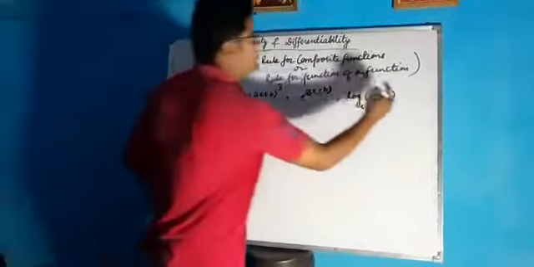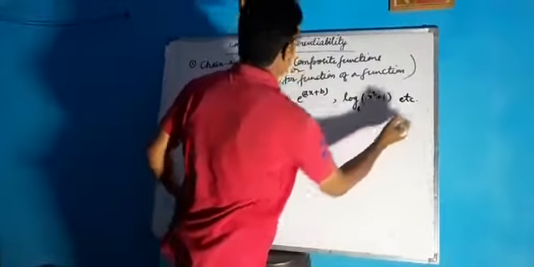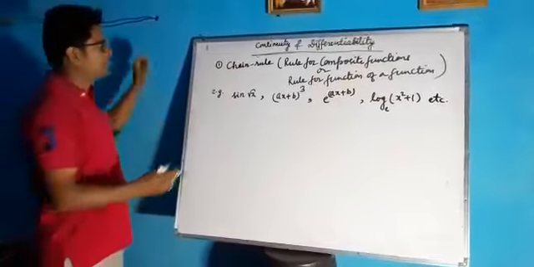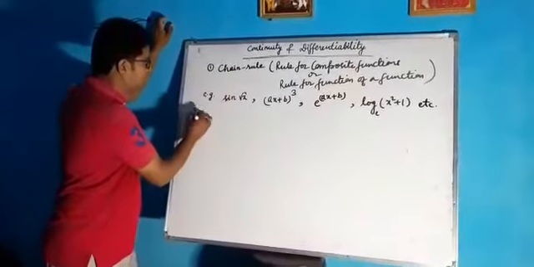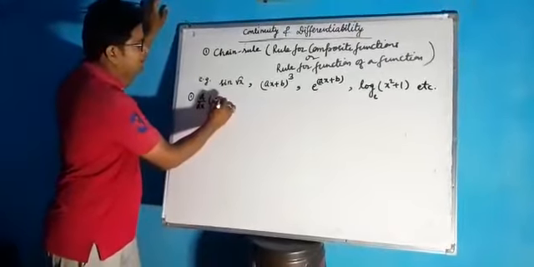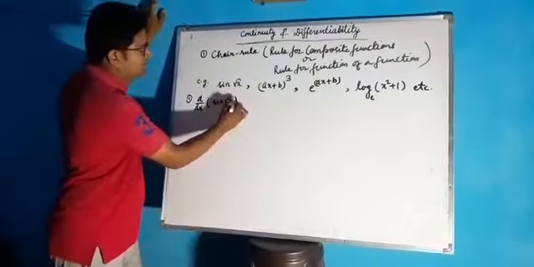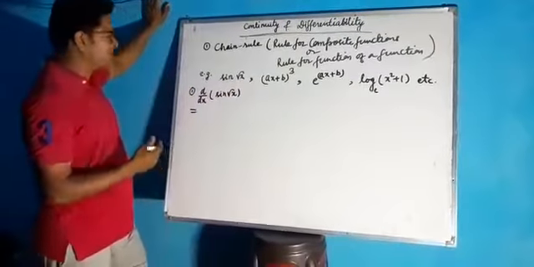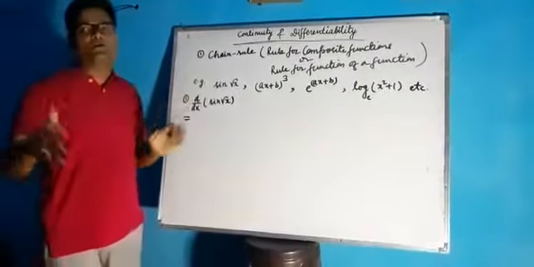So these all are examples of composite functions. And I am showing you derivatives of all these types of functions, then you can easily understand. So see the first one, the derivative of sine root x. What will I write? Just see the process. In other books you will see u, v, w and so many functions.